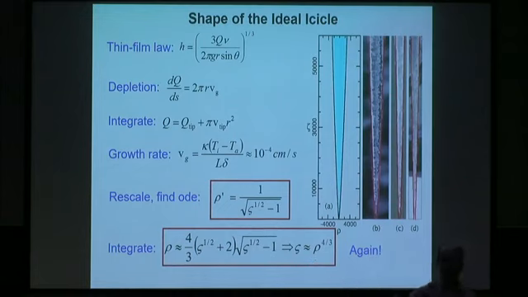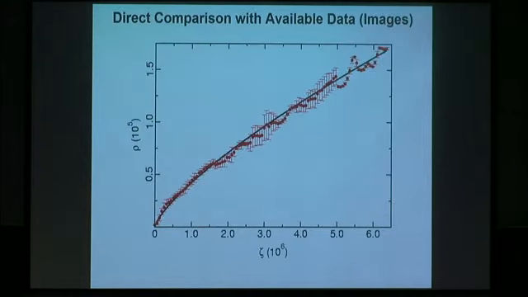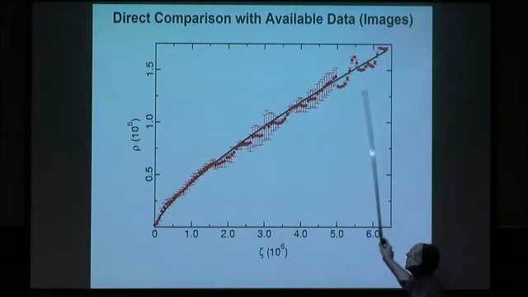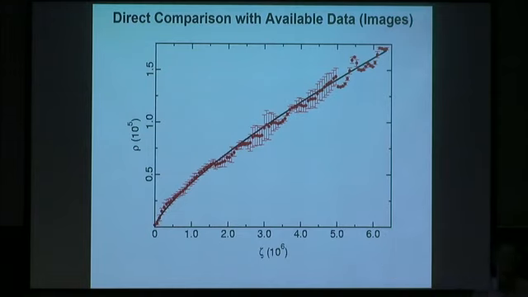And to be honest, I don't understand exactly how it's emerging all the time. I mean, I can tell you what the math is doing, but the fact that this came out of two completely different problems, I think is kind of interesting, both of which give this Platonic ideal. Okay, so that's two examples of trying to understand patterns in nature. By the way, I should say that, again, you can compare the radius as a function of vertical coordinate, and you see, at least with some of the images we first analyzed, that it's quite consistent.